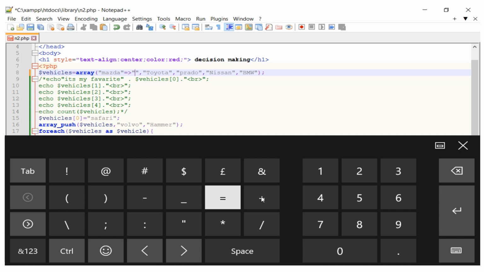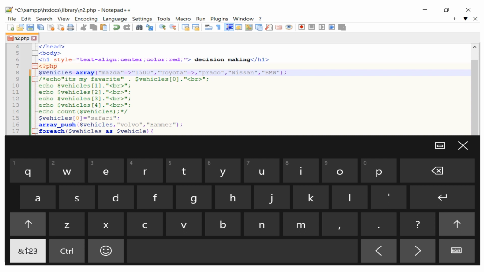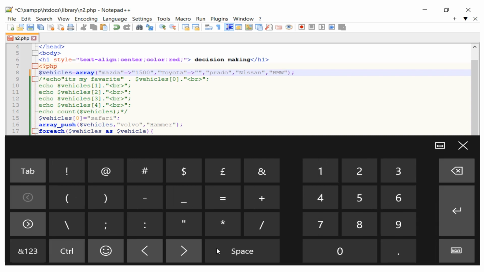Maybe this one is 1500, and then I can have the second one here, this, and then this I can maybe say I can have that arrow there, and then this one I can say it is 1200, and then I can have Prado here, and then this, maybe I can say this is what, sorry,